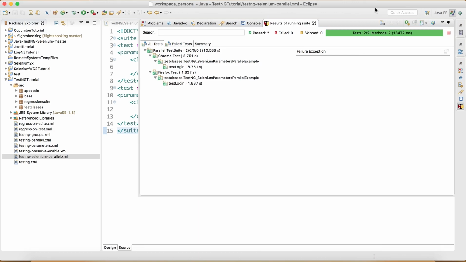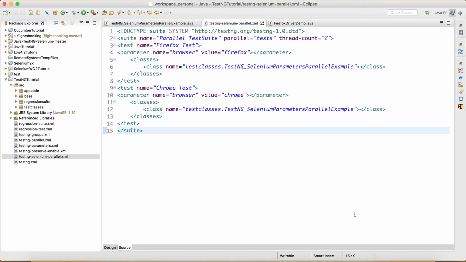So basically both of them came up in parallel and executed the scenarios together, and we can see that obviously there would be some difference in the time when Chrome came up and Firefox came up, depending on our system RAM, speed and memory, and also browser speed. So sometimes Chrome can come up before Firefox and sometimes Firefox can come up before Chrome, but they're still running in parallel, right? So that's a real example that we wanted to take a look at.